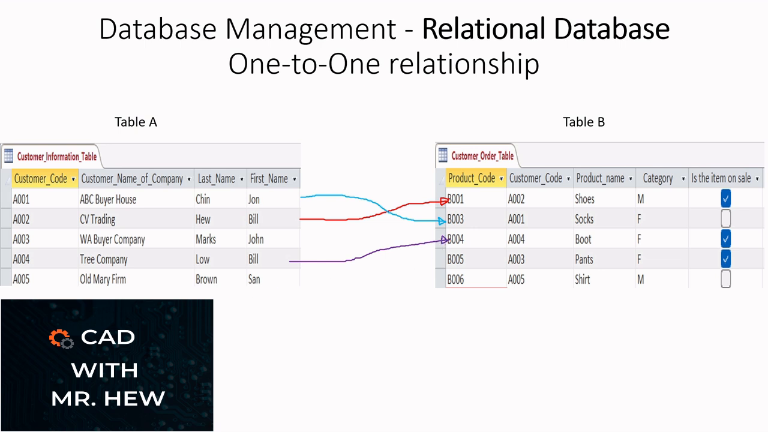Right? And then for the other product, which is the pants, we have this organization buying this product. And for the shirt, we have this organization buying the shirt. So we have a one-to-one relationship,